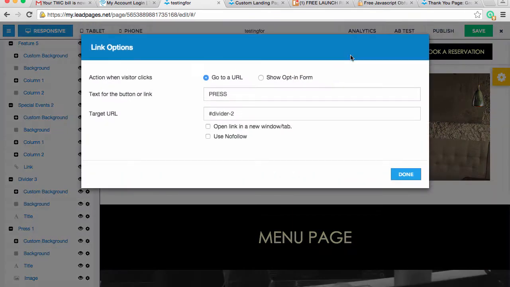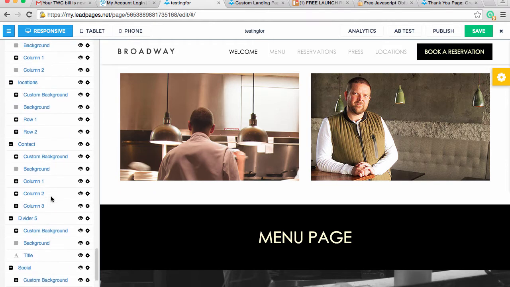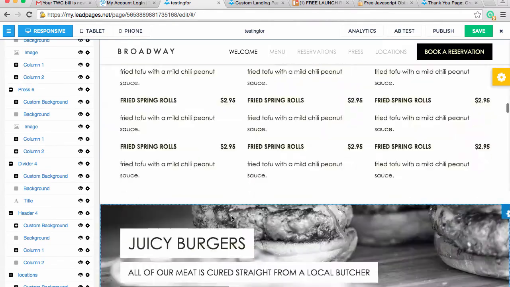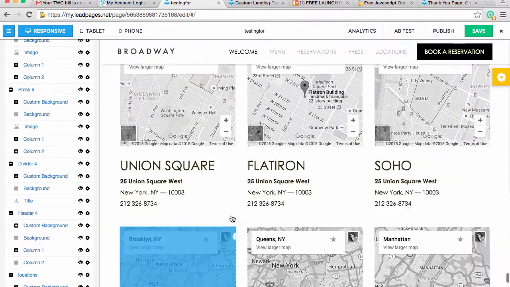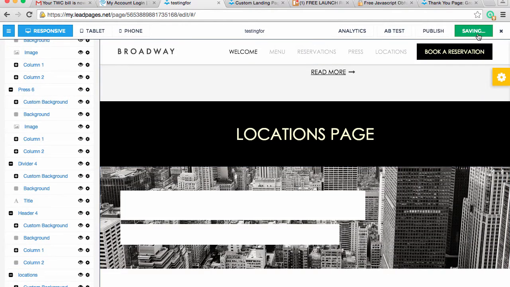Now there's a couple things that you have to know. First, it can't be uppercase. So even though it's uppercase right here, you can't make it uppercase. So we do lowercase press, and then if there's a space, we put a hyphen, and then we do 1. So that should work. Locations, you see that it takes us to header hyphen 4. So if we go over here, it'll take us to right here. If I scroll down so we can see, it should take us to header 4, which is right there. So now if we save this page,